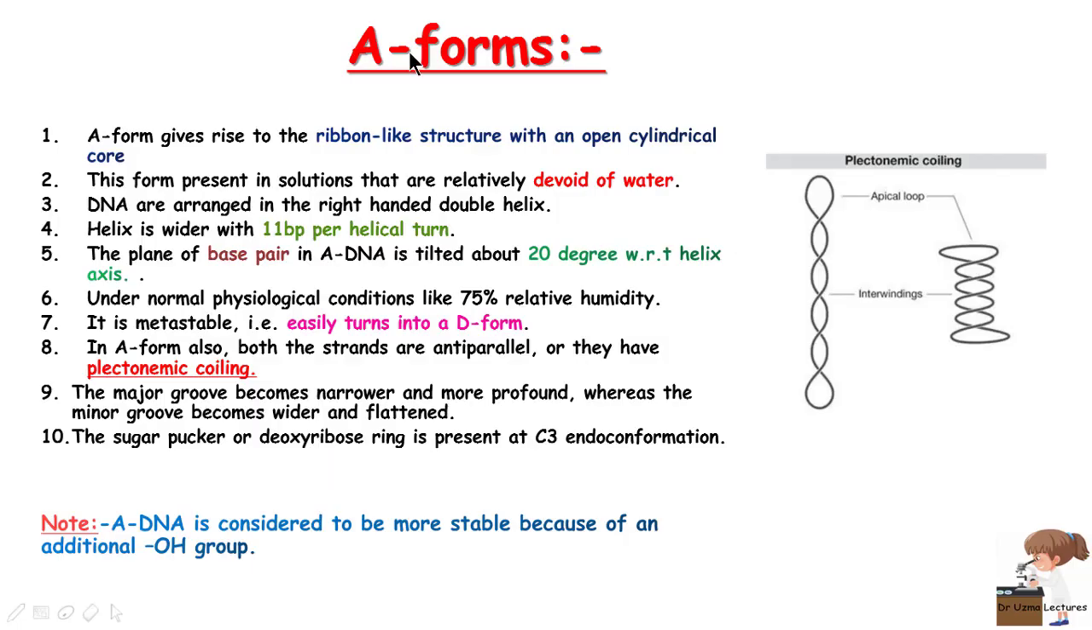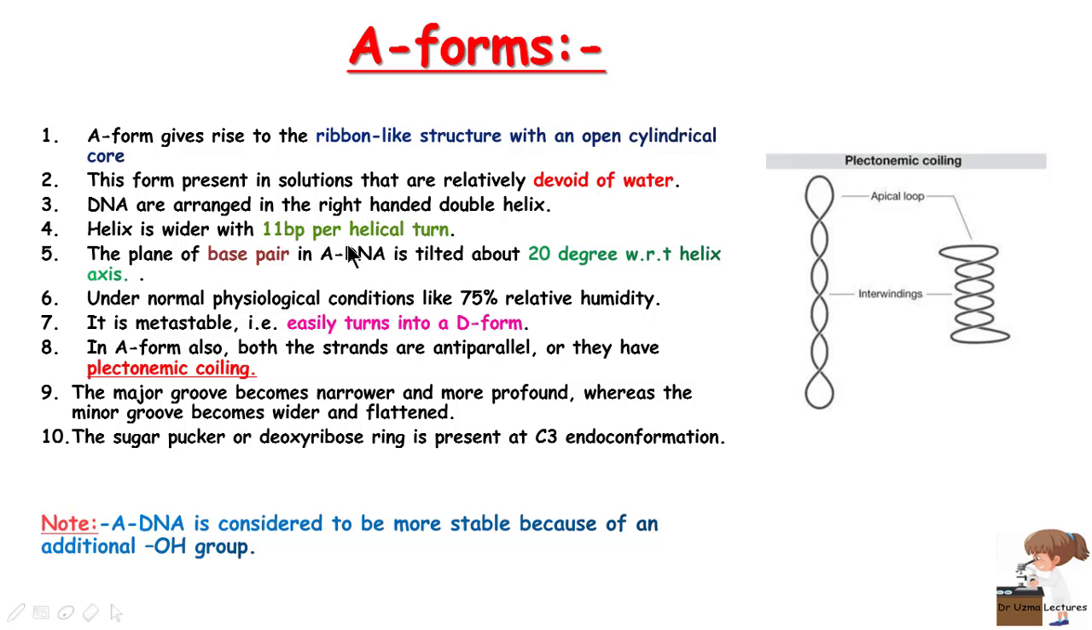The A form gives rise to a ribbon-like structure with an open cylindrical core. I hope you know what the meaning of the core is, right? And it is mainly present in a solution that is relatively devoid of water. The DNA is arranged in a right-handed double helix structure, and its helix is wider with 11 base